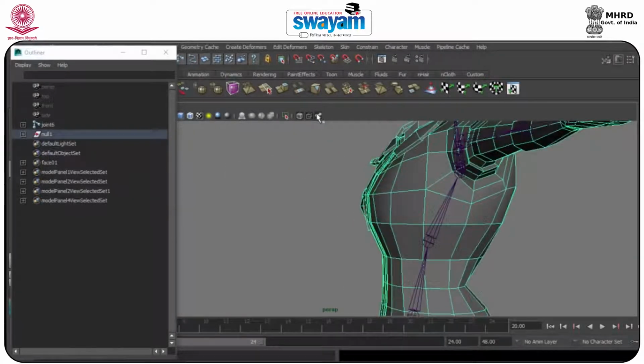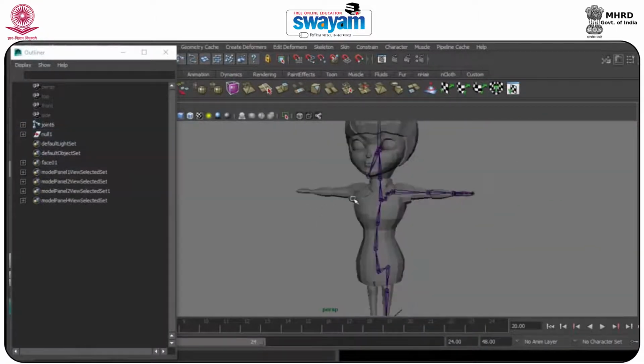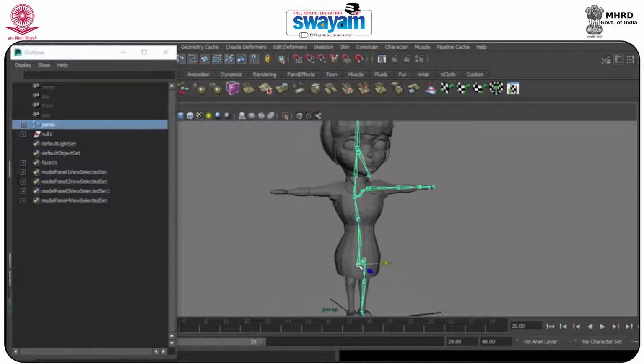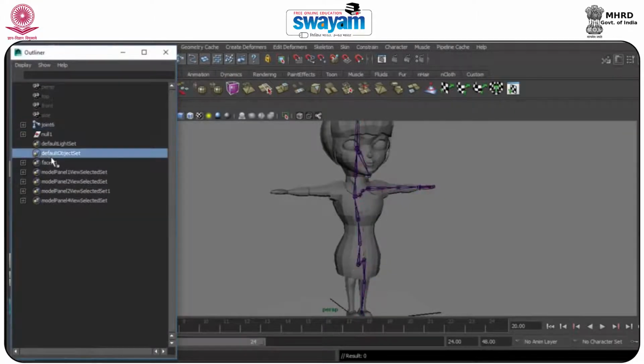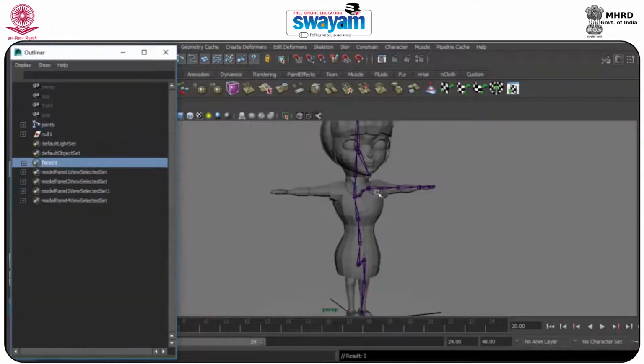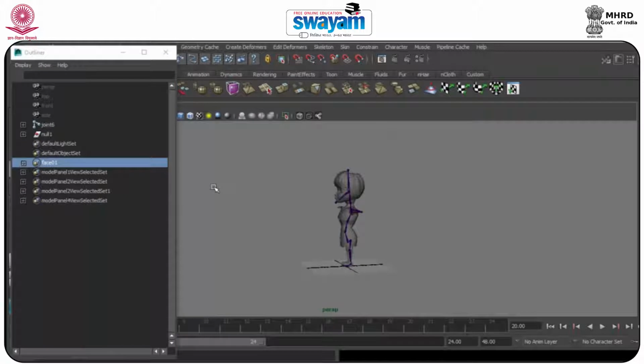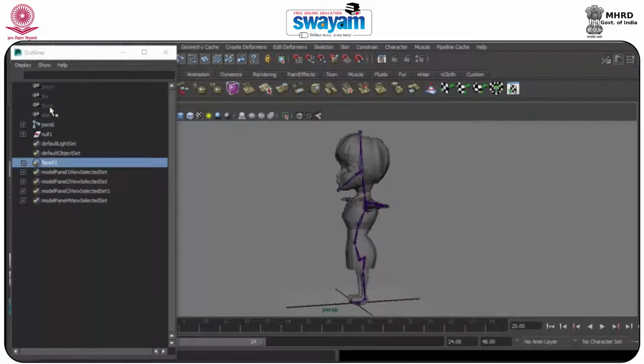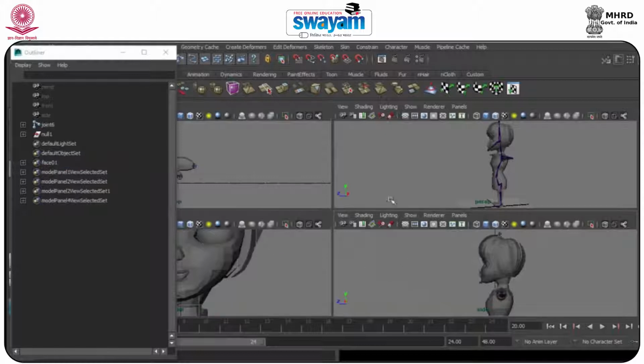I think there are buttons also, transparent. Okay, fine. So these are the bones. So right now I will rename the same. And what is this part? These are the cameras which you have seen, this one, this one, this one, and this one.